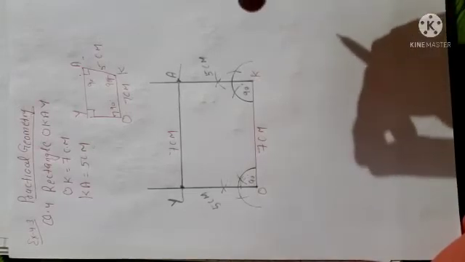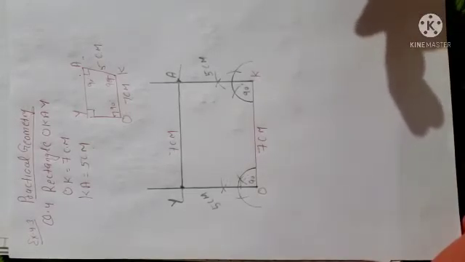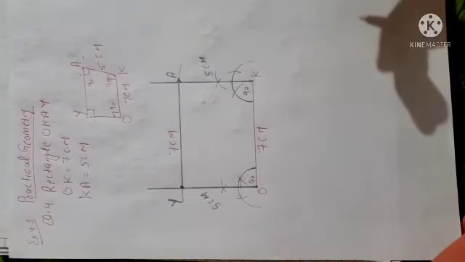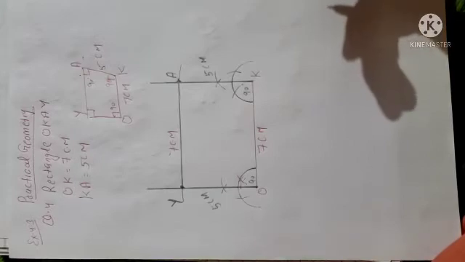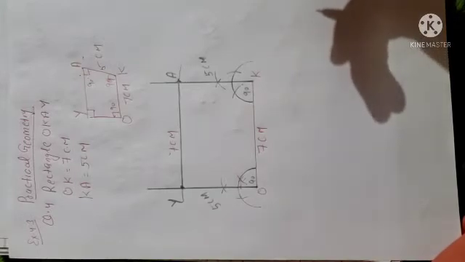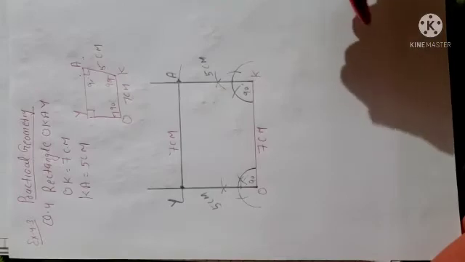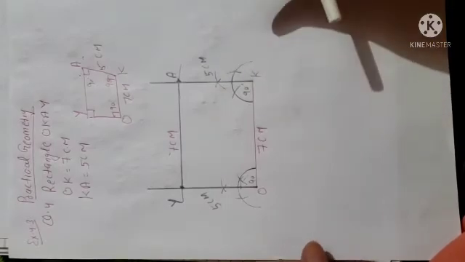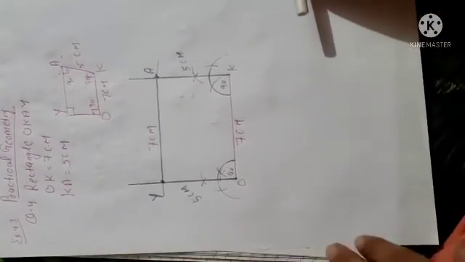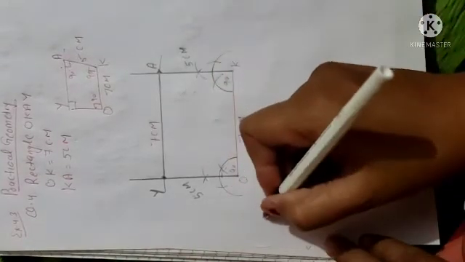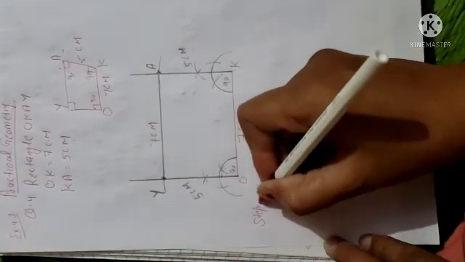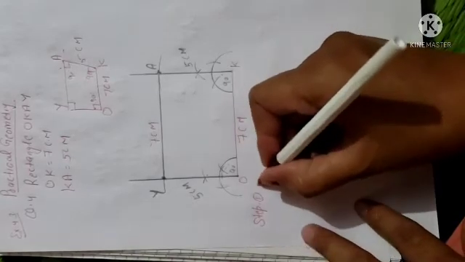So beta, in total 4 questions are given in exercise 4.3, and in all the questions you have to write the construction also. So in construction what will you do? Simply you can write in your own language, because step by step you have to write the steps. For example, if we are doing the construction of this question, how will you do it? First you will start the first step, draw a line segment.